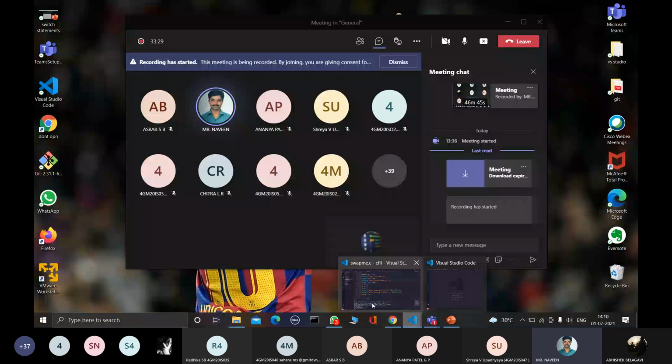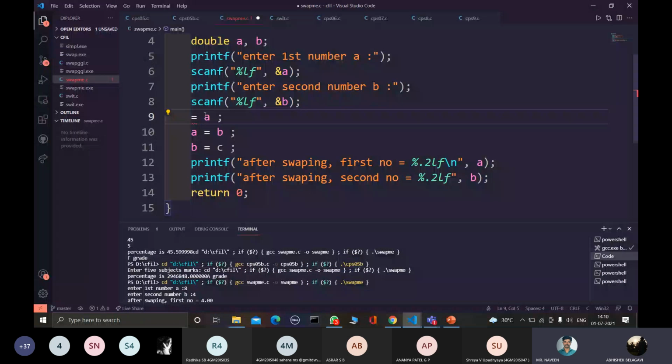Abhishek, you do one thing. In the same program itself, in the same terminal, you can do it, no? Yes, sir, I'm doing that. What you do is you comment those lines, C is equal to A, A is equal to B. You just comment it. It will be for your reference, or for other people.